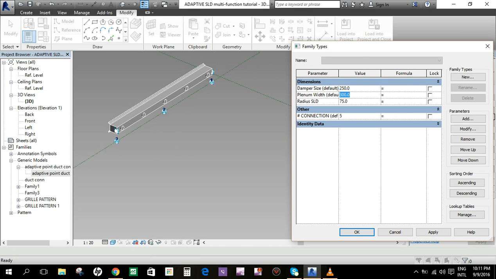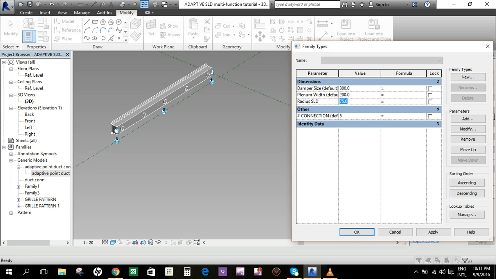Plenum width maybe 250. Okay, functional. This one 300. Damper size, we make it 500. Okay, it's fully functional. 300. 250, maybe 200 only, because we have a 150 duct connector size.